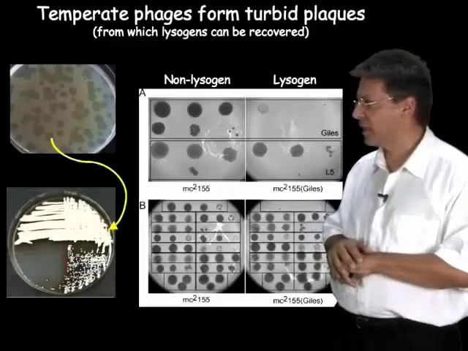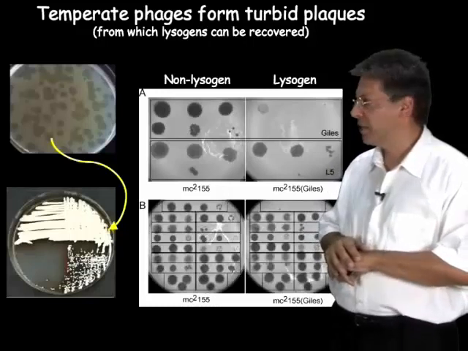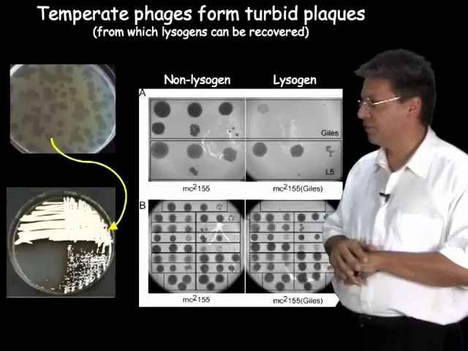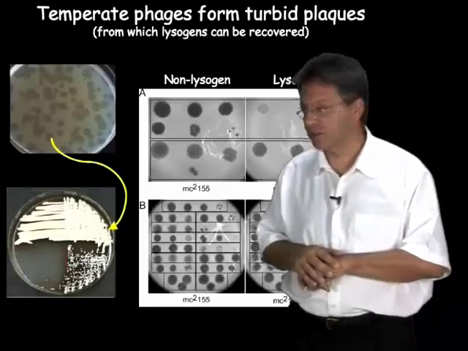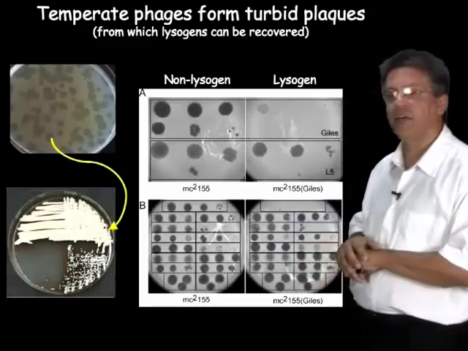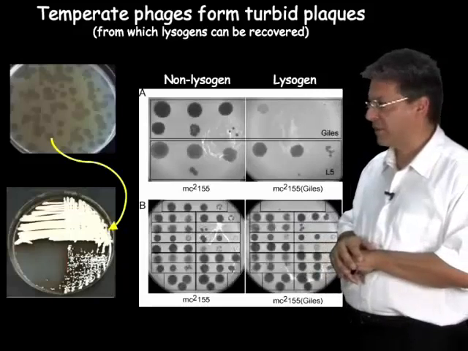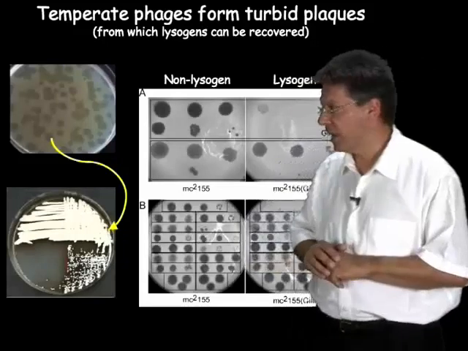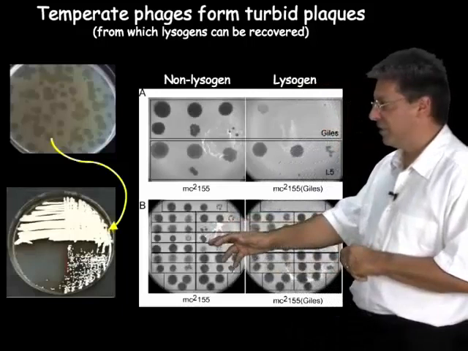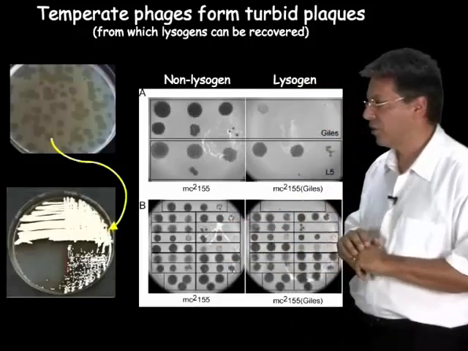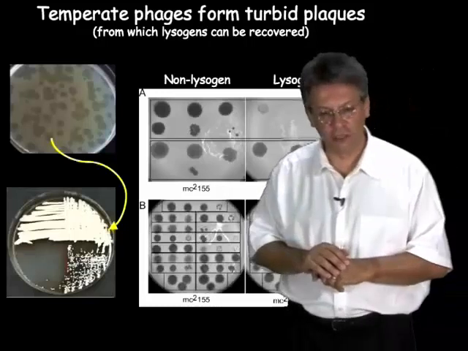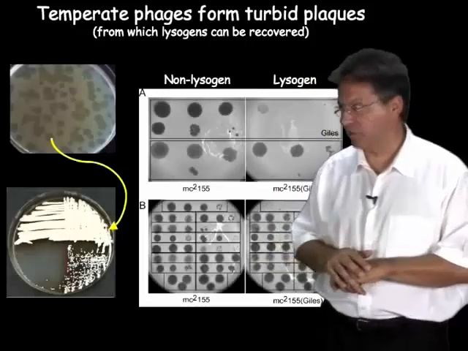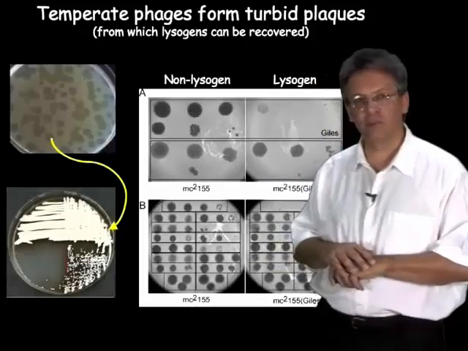And a control phage, in this case below it, showing L5, which is also a temperate phage, but it does not share immunity with Giles, and therefore you see essentially the same number of plaques on the lysogen of Giles and the non-lysogen. And therefore, bacteriophages can be grouped together according to their immune specificities, and it can be done just by comparing the infectivity of a whole set of phages on lysogens and non-lysogens. So this is an important parameter that enables us to group together phages that may be similar by sharing these types of parameters.